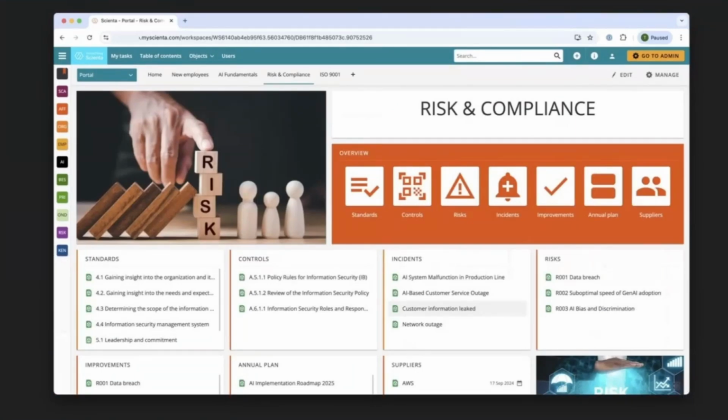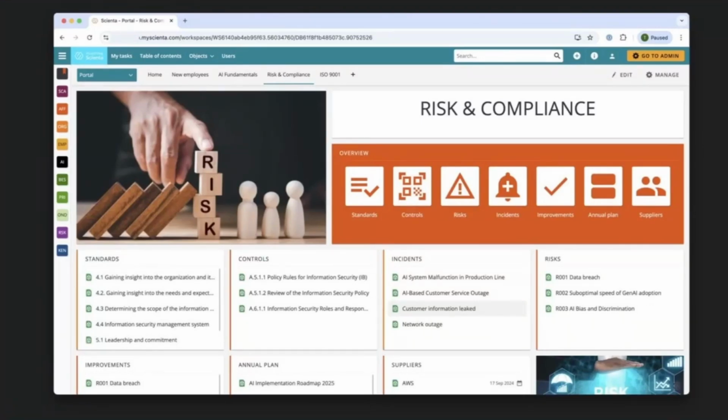So Scienta has some very powerful tools for risk management and compliance, but its really strong point is its employee inclusive approach. So here we, for example, see a portal configured for the compliance team to manage risk, standards, and control. So they know all about this topic.